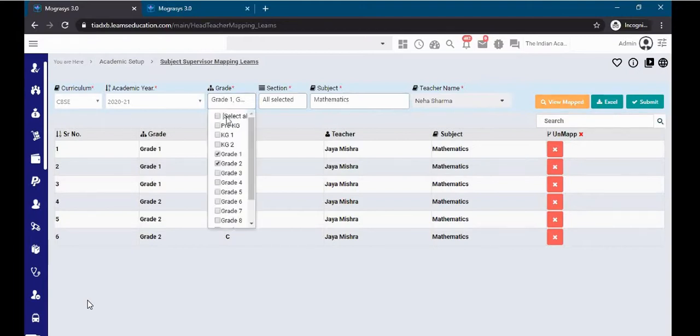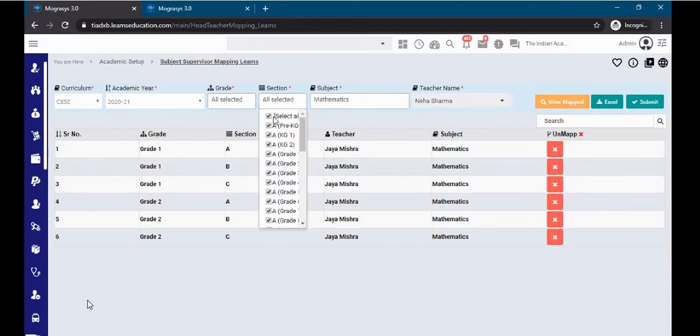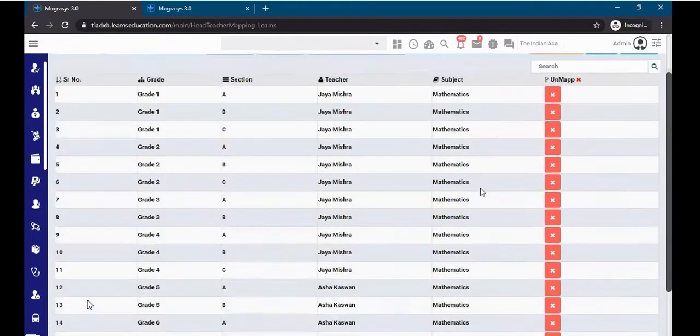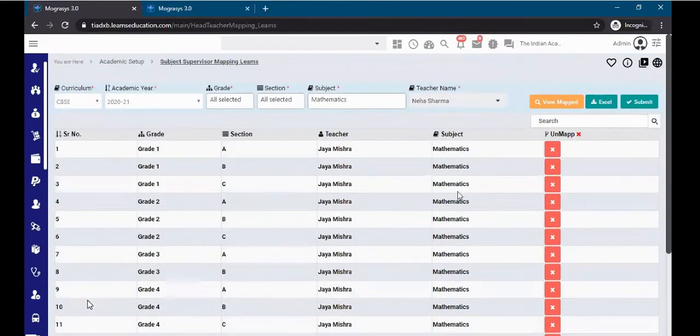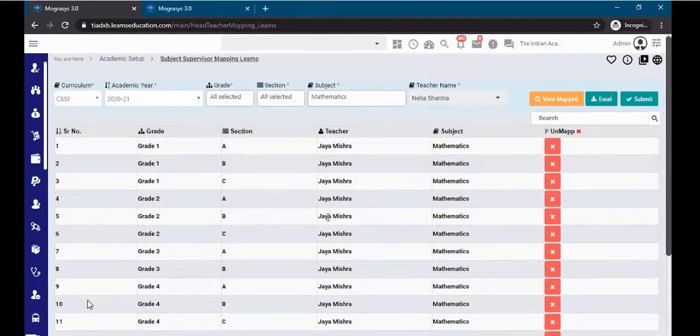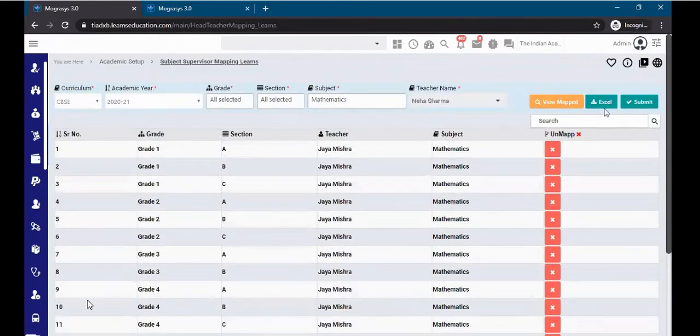For example, select all, mathematics, click on view map. So this is the list for all sections, and you can export it in Excel as well. Clear?